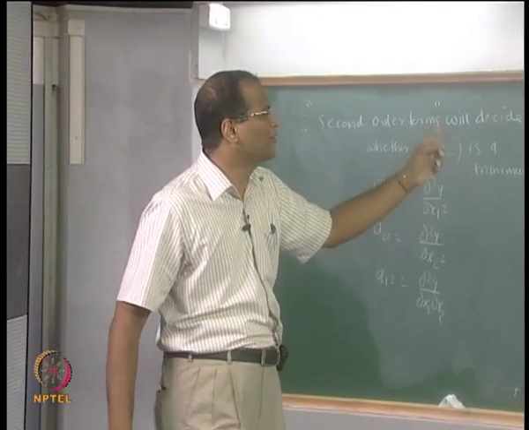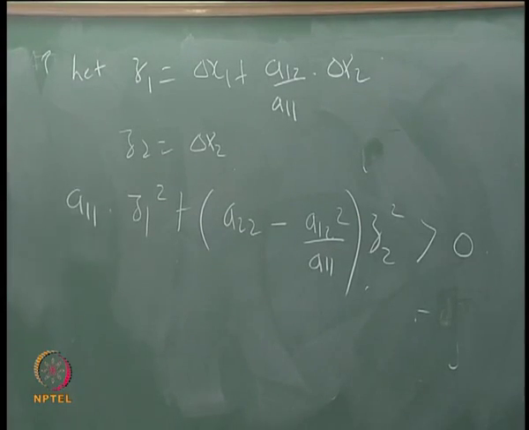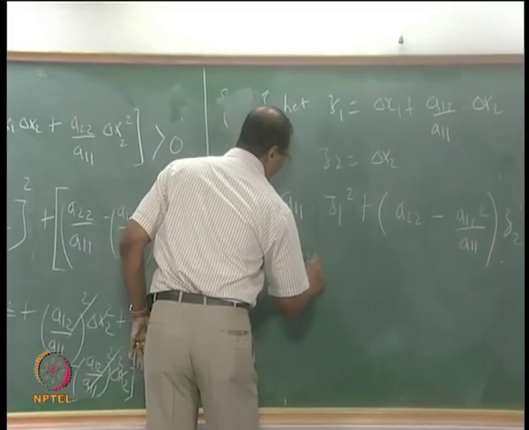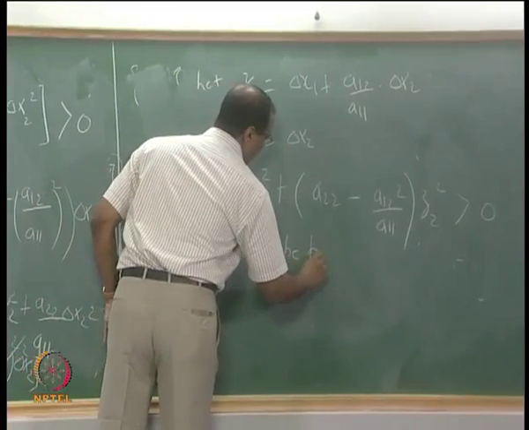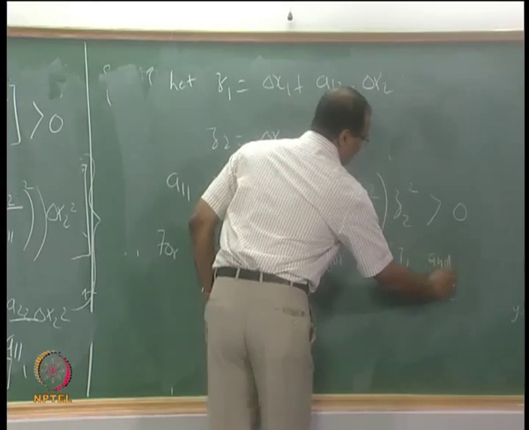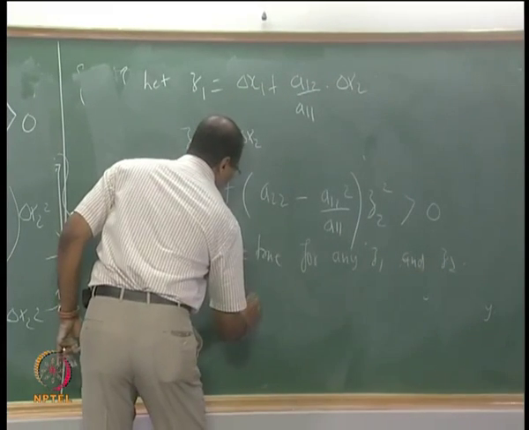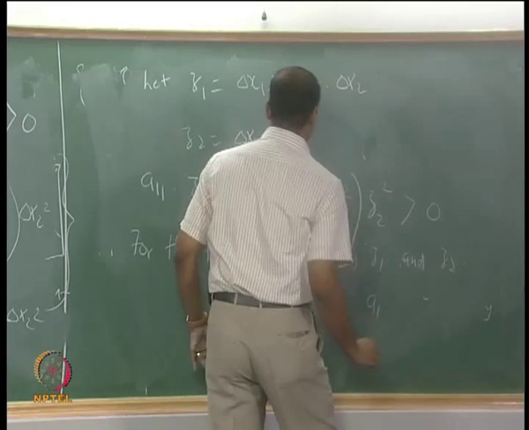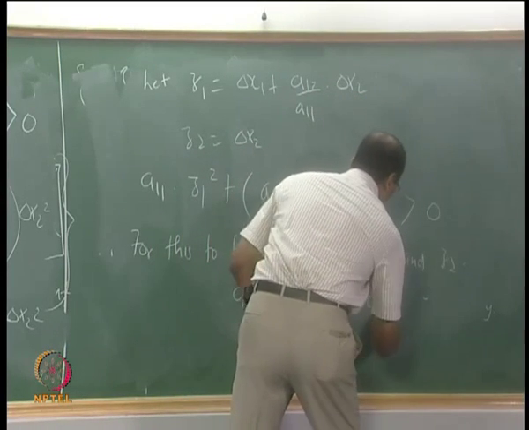Do not try to find combinations wherein for some arbitrary value of z1 and z2 one term is positive and one is not; that will not work. For any value of z1 and z2, if the left hand side has to be greater than 0, then a11 and the term within the brackets have to both be greater than 0. Therefore, for this to be true for any z1 and z2, a11 must be greater than 0 and a22